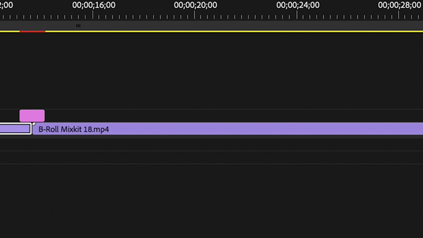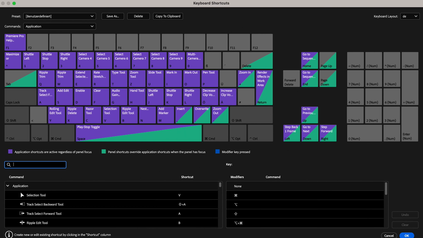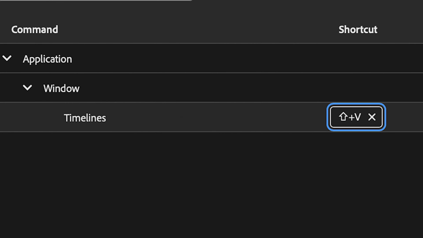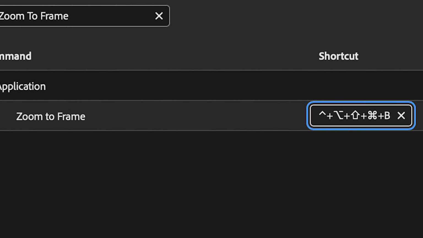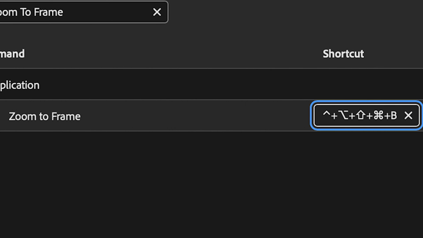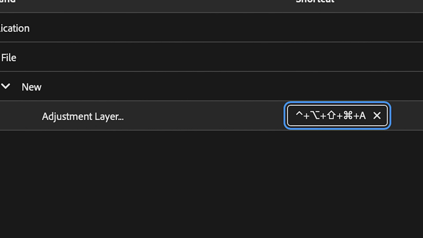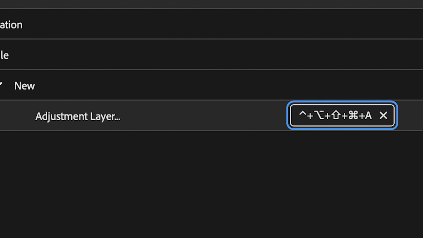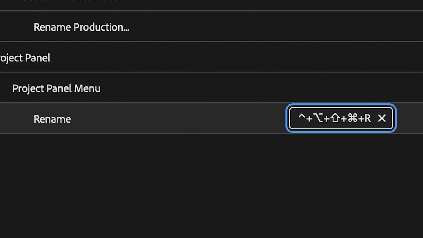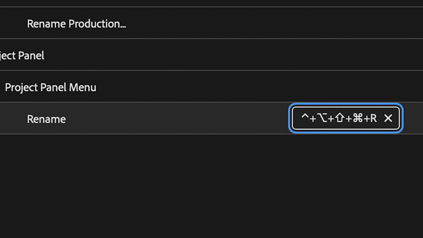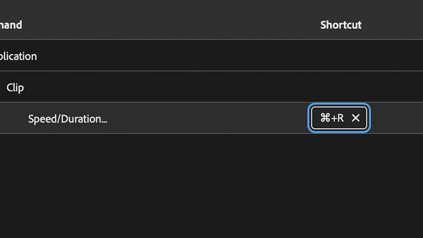If this is the first time you're watching one of my tutorials, please head over to the shortcut settings in Premiere Pro and make sure you have assigned the following shortcuts. Timelines, Shift+V to highlight the Timelines panel, Zoom to Frame, Command-Option-Control-Shift+B to center the playhead in our timeline, Projects, Shift+Y to highlight the Projects panel, Adjustment Layer, Command-Option-Control-Shift+A to create an adjustment layer, Rename under Projects panel, Command-Option-Control-Shift+R to rename our adjustment layer, Speed Duration, Command-R to trim our adjustment layer before adding it to our timeline,